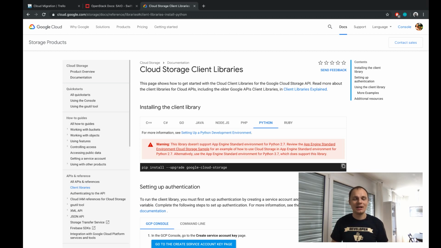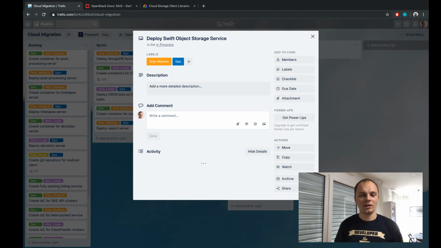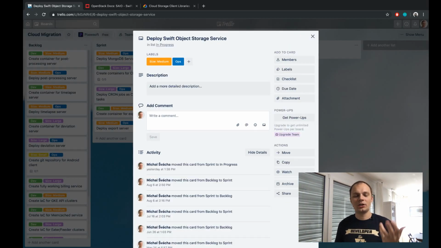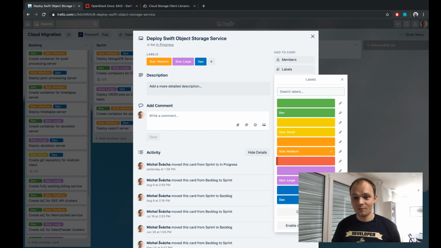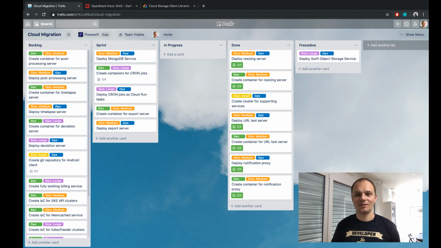But this time, I think I will go for the rewrite to Google Cloud Storage. So taking it back to the Scrum board, right here we have in progress: deploy Swift Object Storage service, size medium. Now that is grossly underestimated. I'm going to change it to large just for history records, and I'm gonna put it in the freeze box because I am not going to do that. And I will add a card,